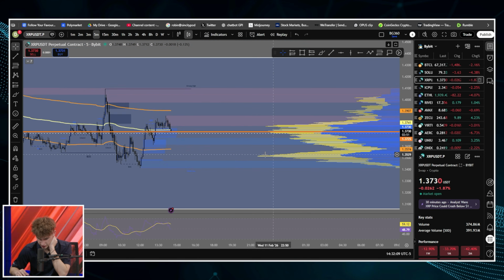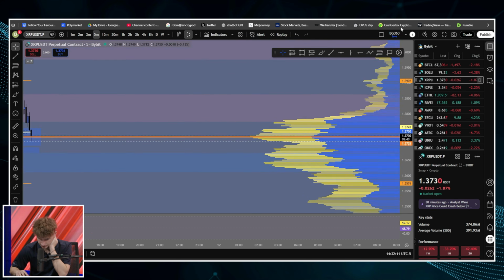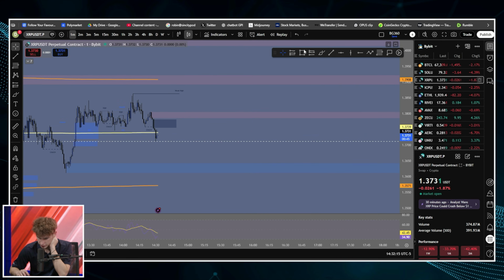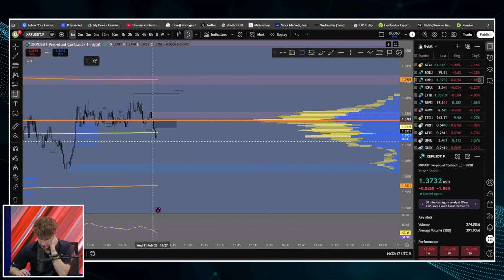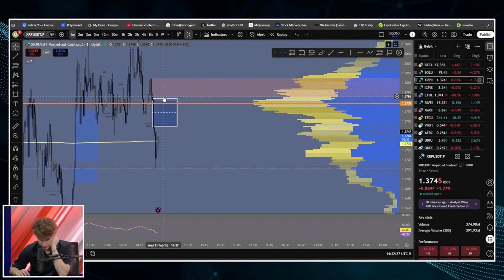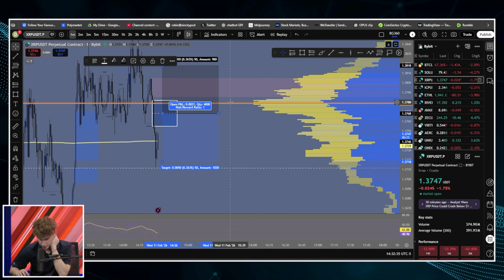Got an early change of character. Oh, that's on the 5 minute. Hold on, let's go to the 1 minute. Okay, yeah. So XRP on the 1 minute has a perfect setup for me, actually. We got a fair value gap. We saw a little bit of movement to the downside, which is usually good for this particular trade setup. The midpoint of this fair value gap on XRP sits at